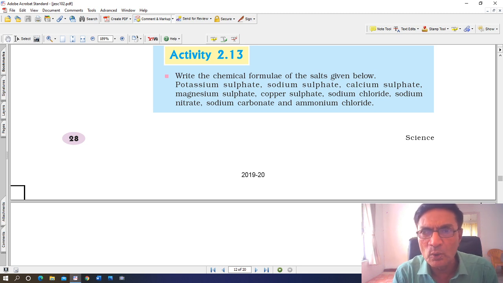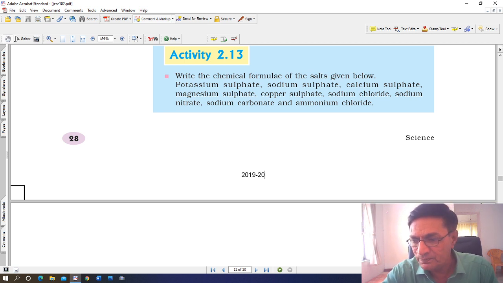Similarly, look at sodium chloride, sodium nitrate, sodium carbonate, ammonium chloride. If you look at them, their positive and negative radicals are different. They lie in different families. But if sodium chloride is there, then you have potassium chloride, you have aluminium chloride. Now in that case, they are called chloride salts. Either one positive radical should be common, the metal should be common, or the non-metal should be common. So they are called a family of salts.